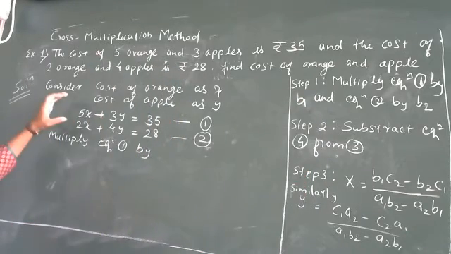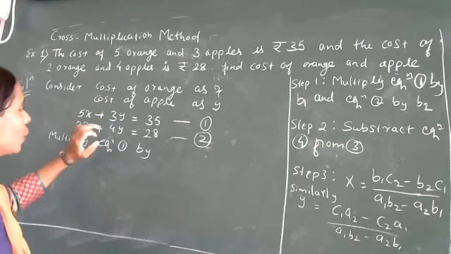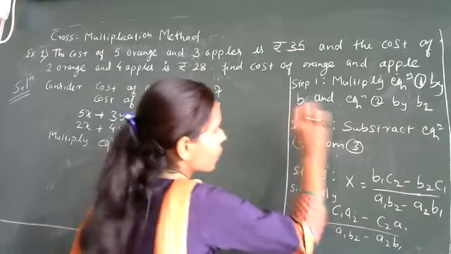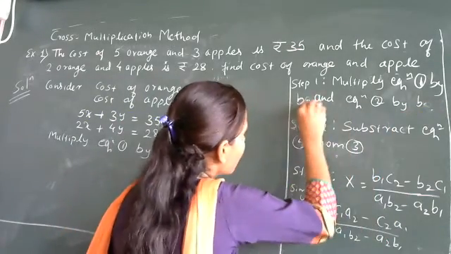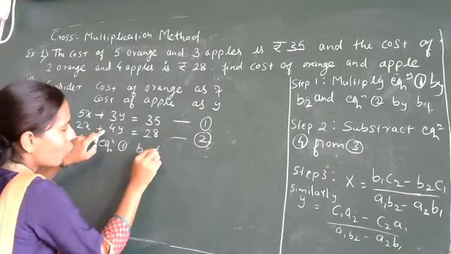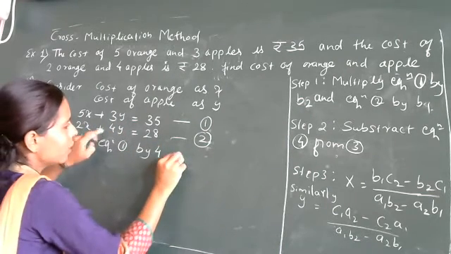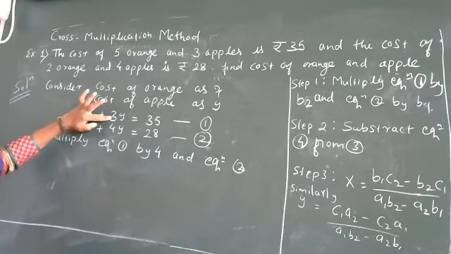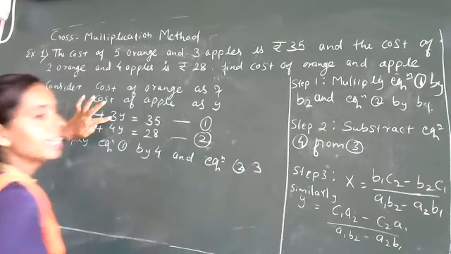See, we have to make one variable eliminated, so we have to take a cross multiplication. So whatever I have written in the step is correct because we have already studied the elimination method. So what we have to do? We have to take it here as b2. It's a small mistake, we have to correct it. Okay. So multiply equation 1 by b2, that is 4, and equation 2 by b1. b1 is here 3.